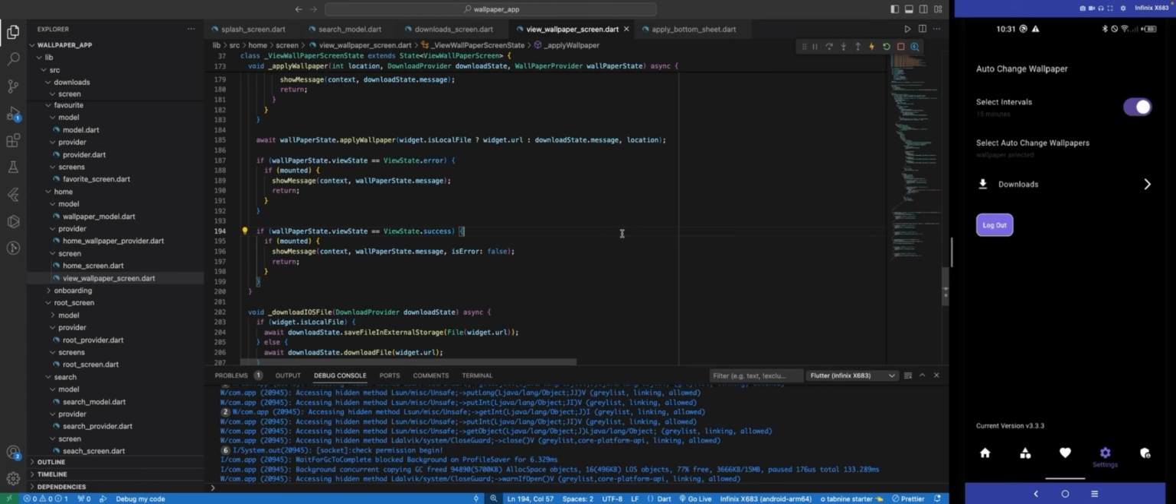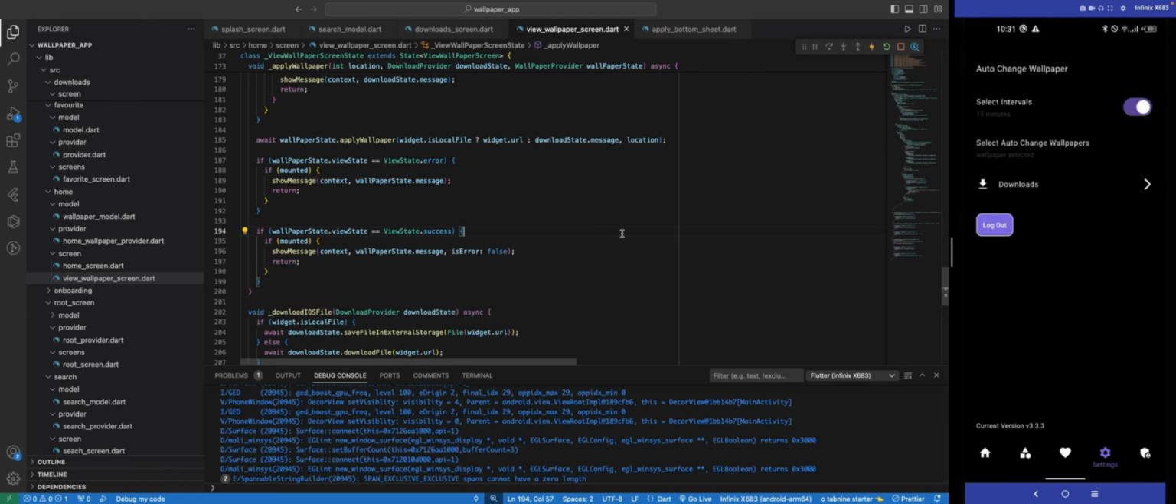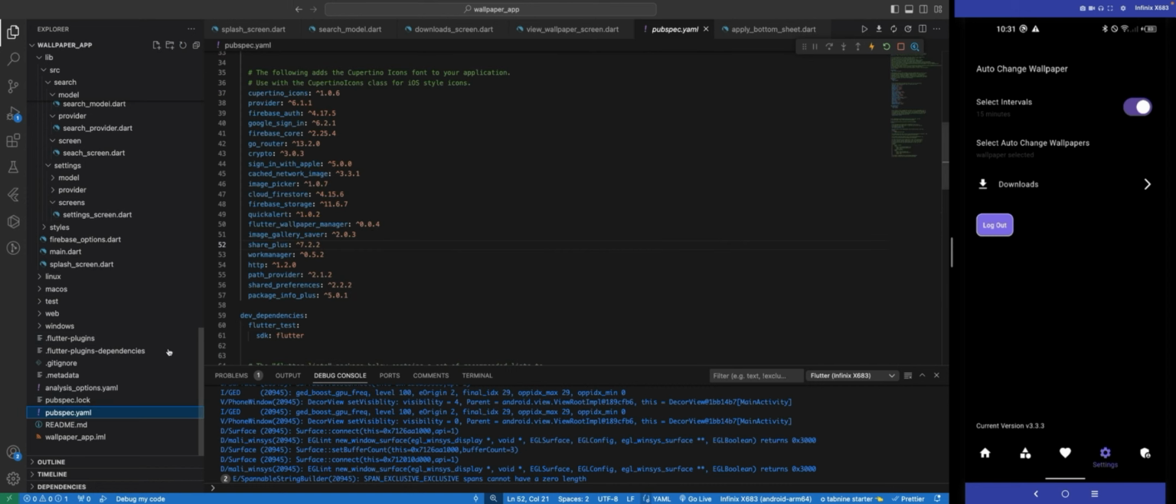Welcome. In the last video we implemented the applying of wallpaper. We were able to apply our wallpaper and view it when we minimize our screen. So in this video we are going to implement the auto change feature, and it's in the settings area. For this auto change feature, we are going to be using WorkManager, and WorkManager is already in